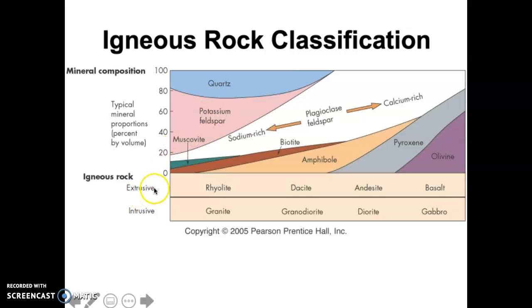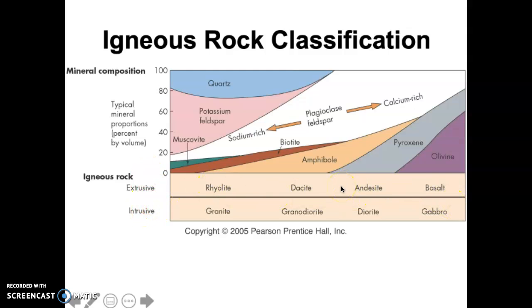We also look at the texture. The fine-grained rocks are extrusive, so these are rocks with minerals that are too small to see with the naked eye, for the most part. And the intrusive rocks are rocks that have minerals that are large enough to see with the naked eye. And so if you combine those characteristics, the composition and the grain size or the texture,